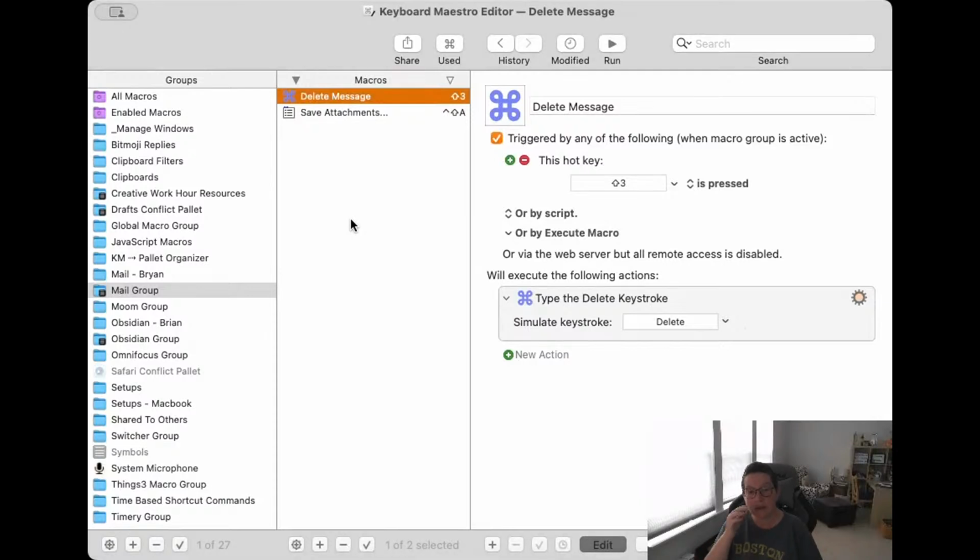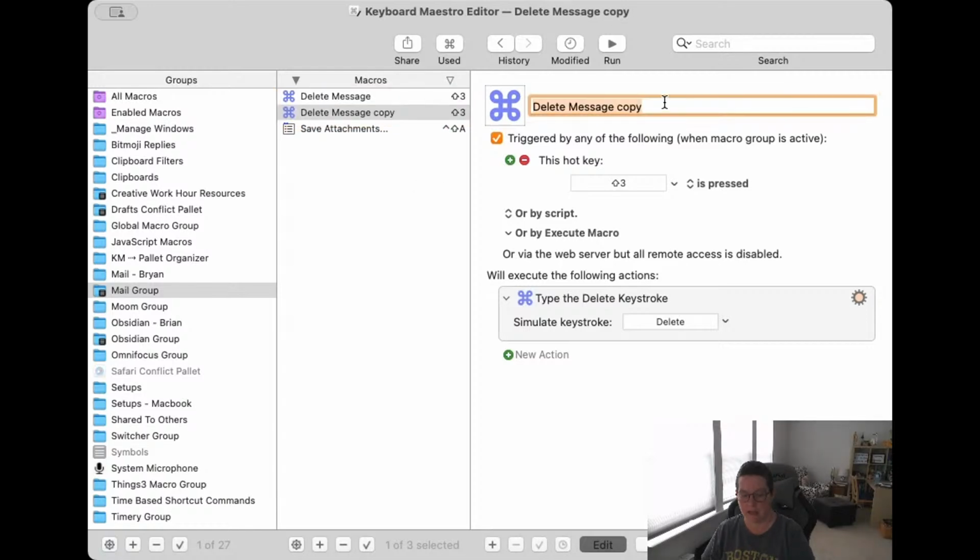So let's go ahead and pull up the Keyboard Maestro and let's watch how we would do this one. I need to share Keyboard Maestro with you before I bring it up. One moment. Here we go. So I already demonstrated in Text Expander the value of simply duplicating a macro that already does the same thing. So we're going to do basically the same thing with this delete message that we're going to do with archive. So I'm going to right click it and I'm going to duplicate this message. And this is going to be archive message.